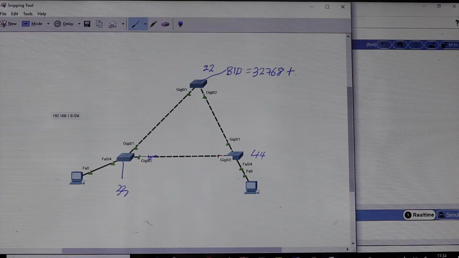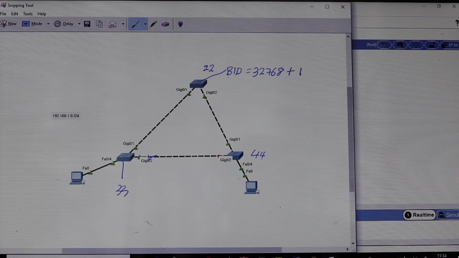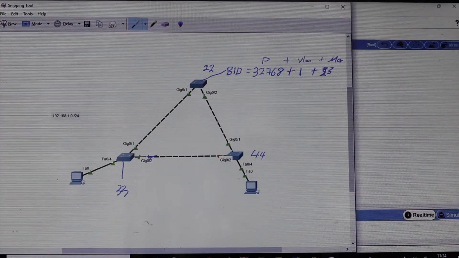All the ports are in VLAN 1, correct? Yeah. So, VLAN 1. The bridge ID for this switch is priority plus VLAN, which is 1, plus MAC address, which is what? 33. It's in hexadecimal, so we are not going to add it. That is 22, sorry. This is 22. Thank you for the correction. 22.